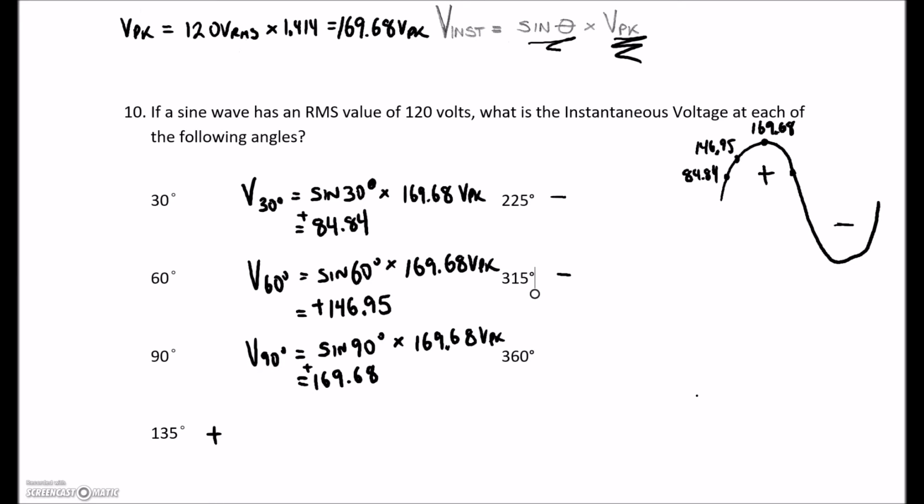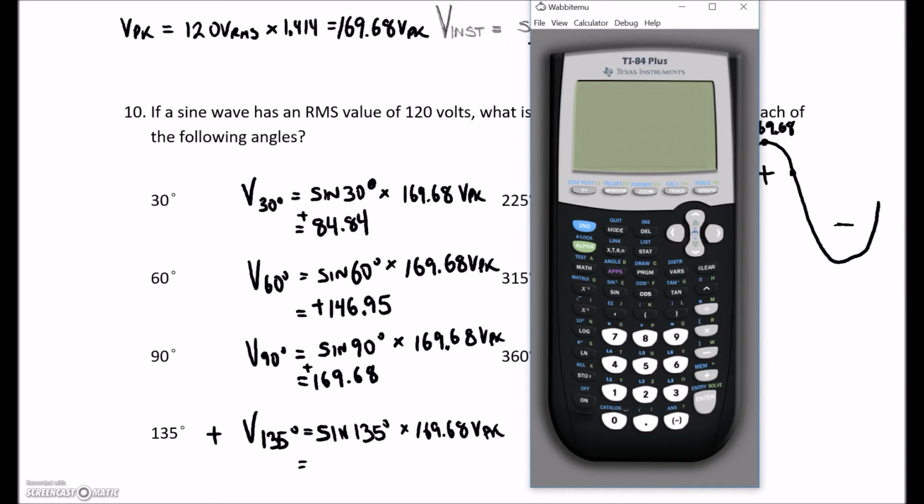Okay, then at 135, then the voltage is dissipating, right? So let's find our voltage at 135. So we got voltage at 135 will be the sine of 135 degrees. And again, multiplying by that 169.68 volts peak. Okay, so let's see what we get there. So we've got, let's clear this out, the sine of 135. And we're going to multiply that by